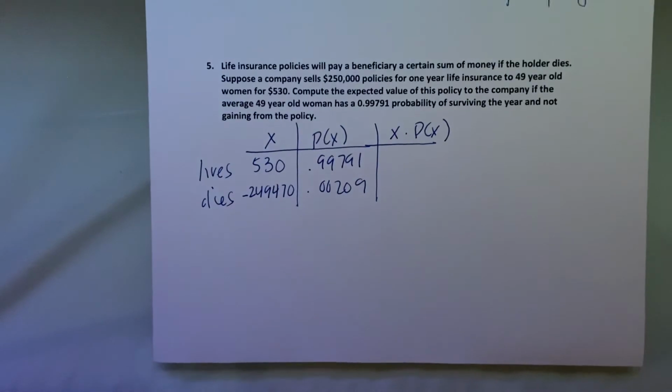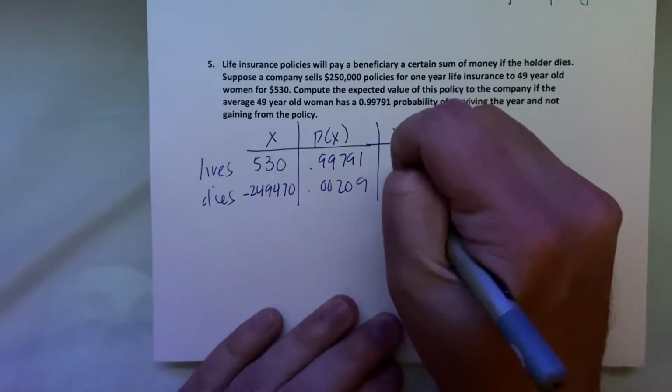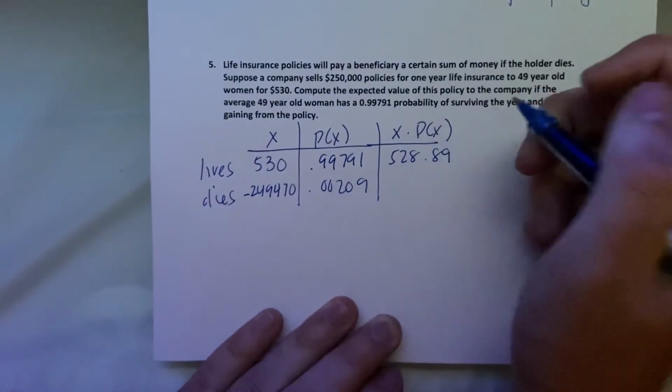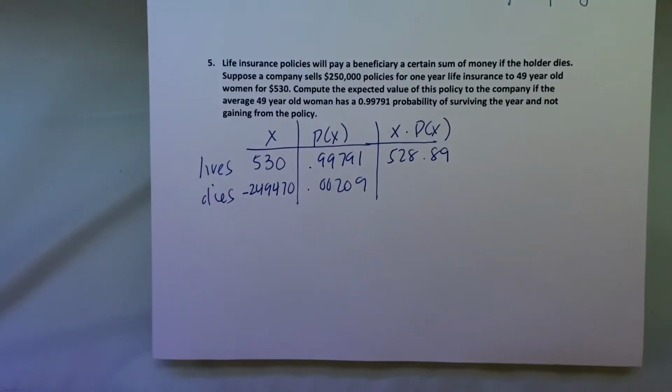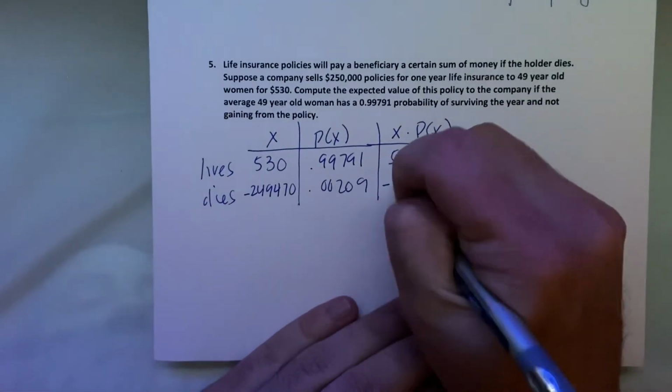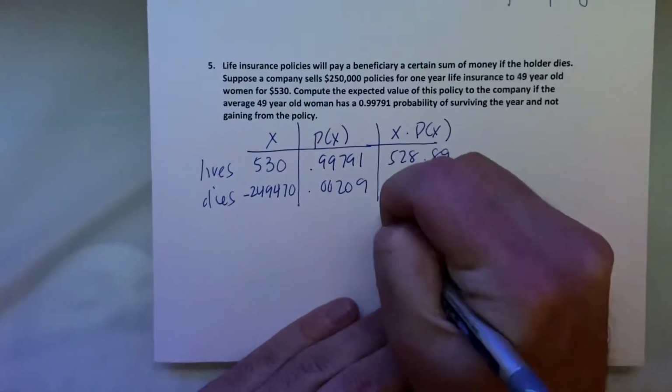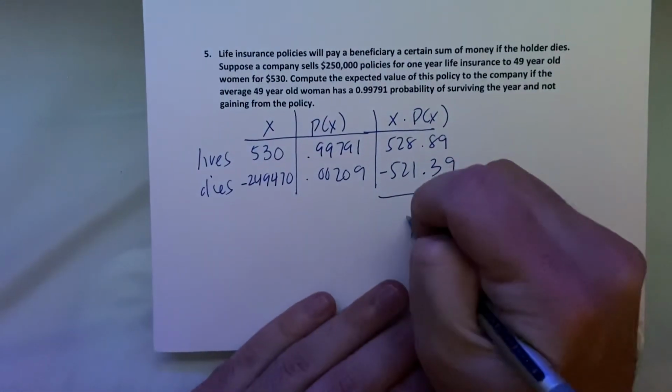What's 530 times 0.99791? It's 528.89. What is negative 249,470 times 0.00209? It's negative 521.39. Of course, we add these together to get a total of